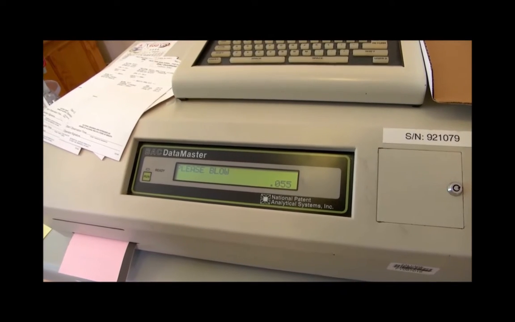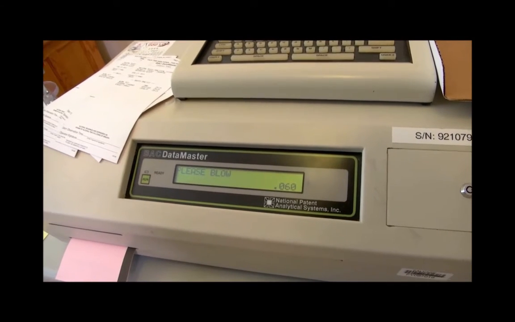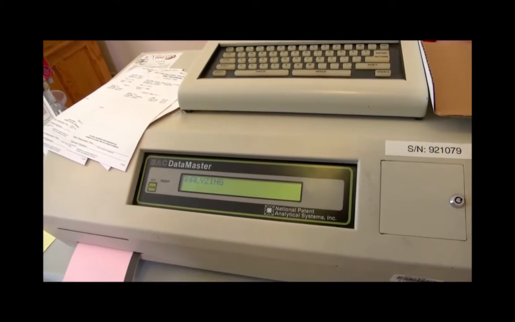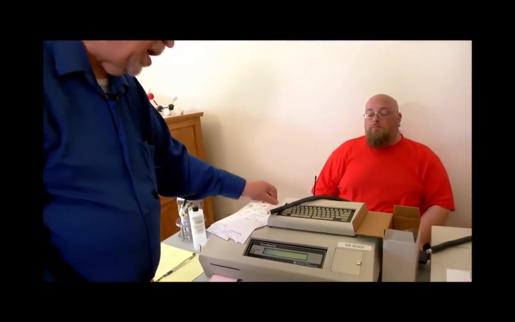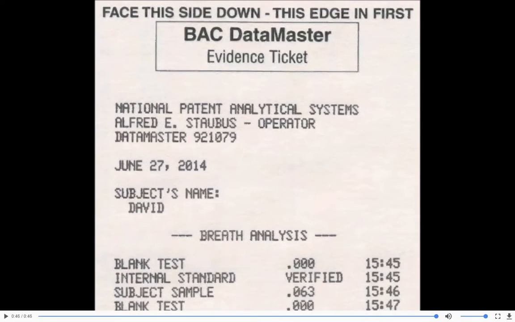Notice the longer he blows, the higher the test result is. At this point, he's exceeded the minimum volume needed, and looks like he's around a 0.06 something. And he could have stopped. 0.063 is his test result there. Alright, so you can kind of see the numbers rise quick and then slowly level off. I don't know if you can really see them level off. They weren't rising quite as quickly towards the end, and that would be representative in that slope that I showed you at the beginning.